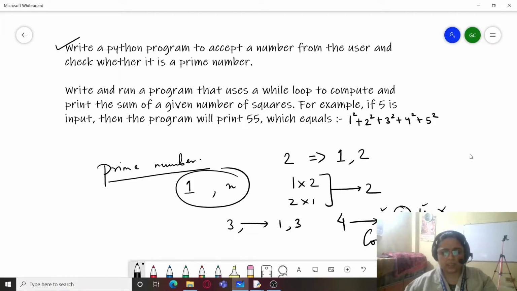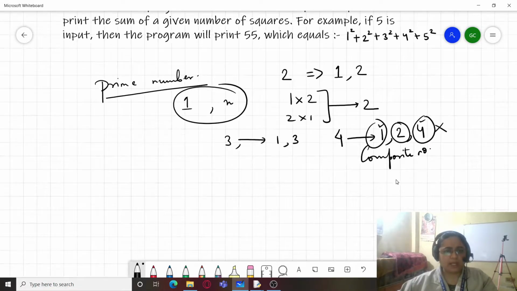We will just see whether the number contains any third factor along with 1 and the number itself. So if the number contains more than two factors, it is clear that it is a composite number and not a prime number. So this will be our logic.